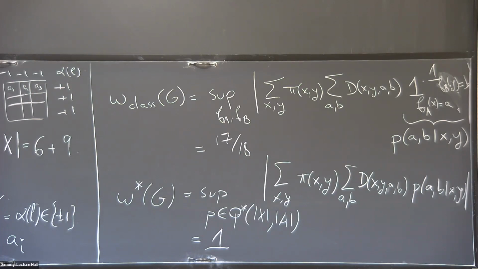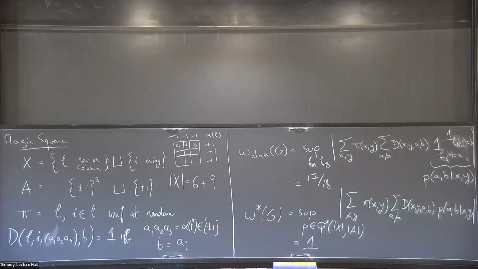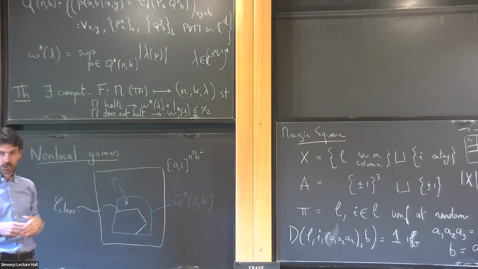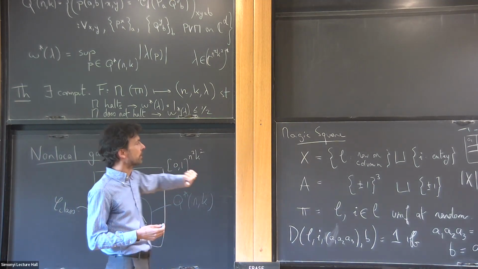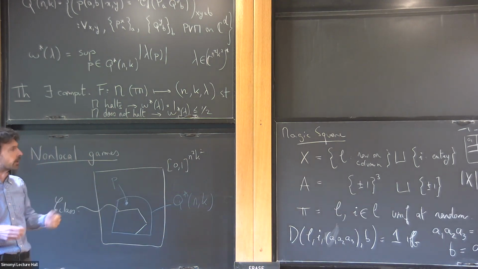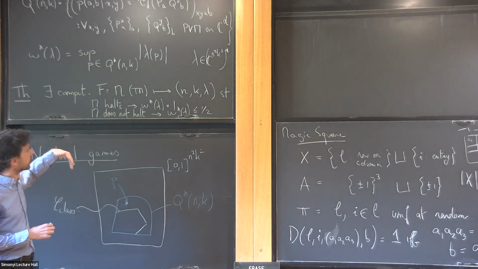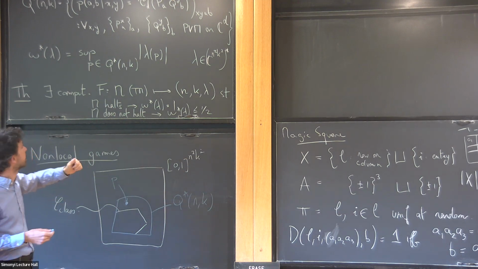And you can come up with games such that it's pretty easy to show that if you allow only classical strategies, so just functions like I described here, or probabilistic solutions, it's impossible to win the game with probability 1. But if you model the strategy using quantum mechanics, behind the definition that I gave here is really a quantum mechanical system. To these P's and Q's and this tau, you can associate a physical quantum mechanical state, a bunch of particles at A, a bunch of particles at B, and these P's and Q's correspond to physical measurements that can be performed on these particles. And they will generate outputs A and B according to this distribution.